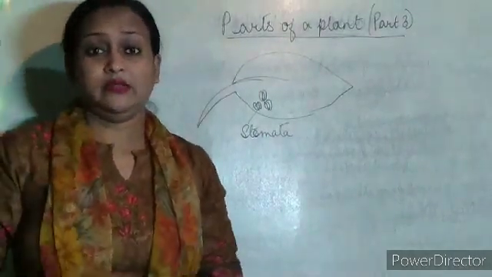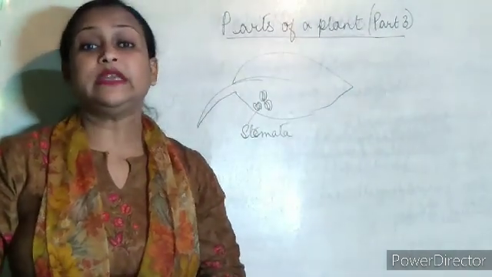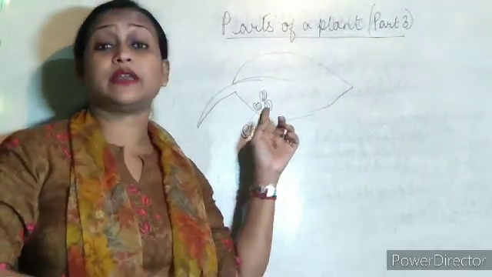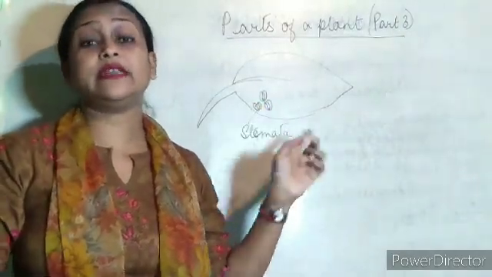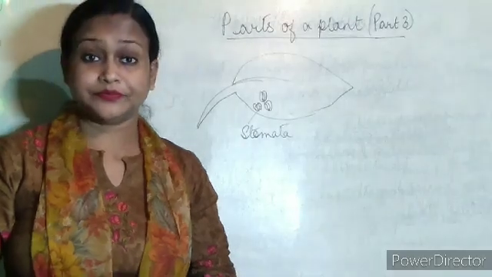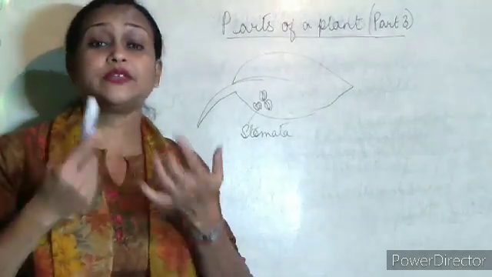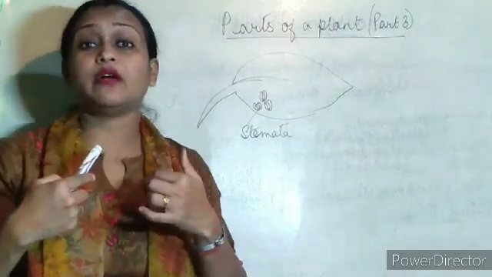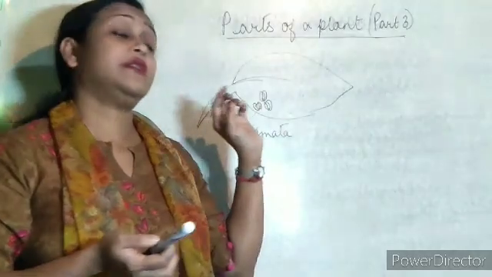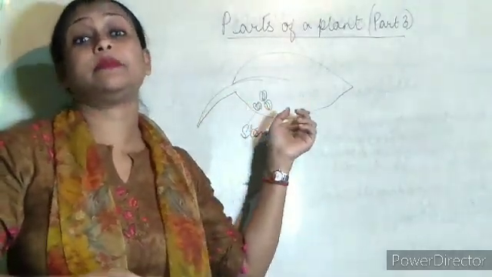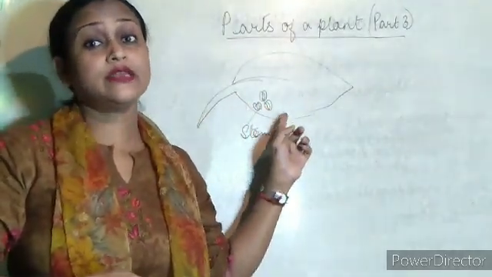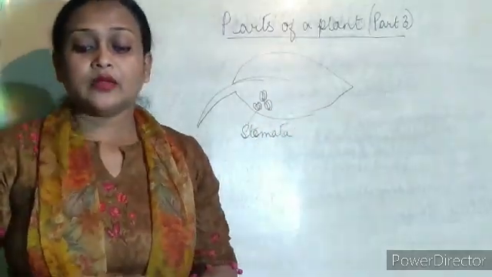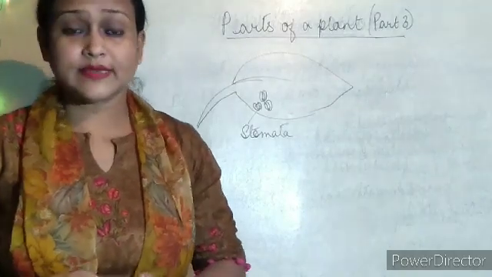Like any living being, plants also need air to live, and it is through the stomata that the air enters into the plant body. As we breathe through our nose, air enters our body through our nose. Similarly, the air enters into the plant's body through these tiny pore-like openings present on the leaves called stomata. So I hope it is clear to you.